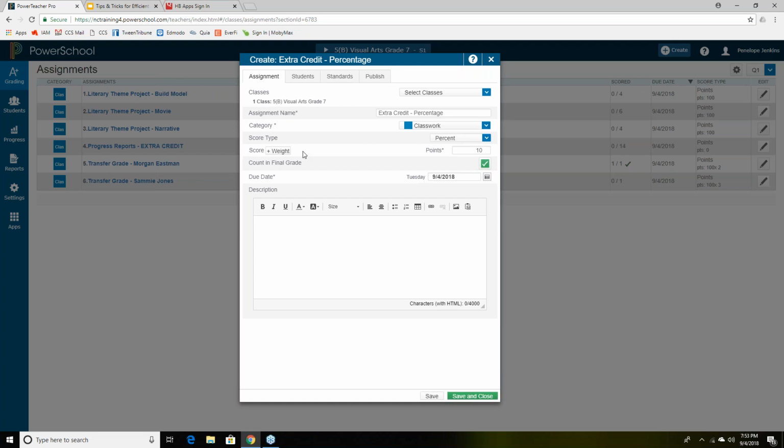If you notice, I lose my opportunity in the score row for extra credit. So what we're going to do is put 100 points on this, but the next item says count in final grade. I am going to uncheck that. That way, my students who turn in extra credit can see that that extra credit was turned in, and we can provide a note in the description. Students who turn this assignment in will have